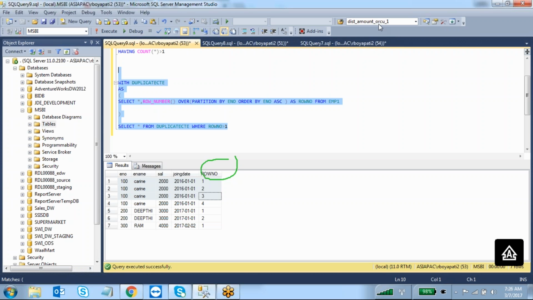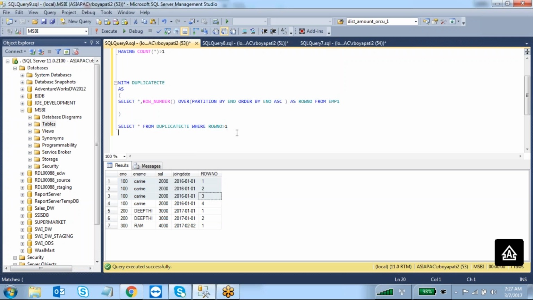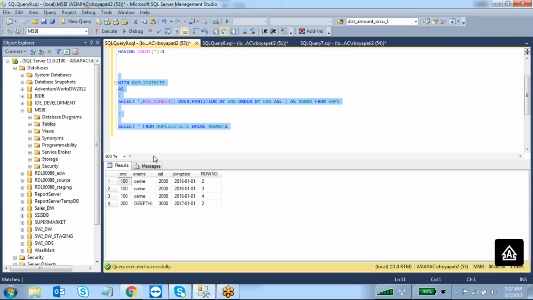What records will it give? Greater than 1 means this record it will give, this record it will give, this record it will give, and here it will give this record. It will keep only this and this and this one. I want to delete these 3 records and I want to delete this record. So simply, instead of select statement, write down the delete statement. Delete from